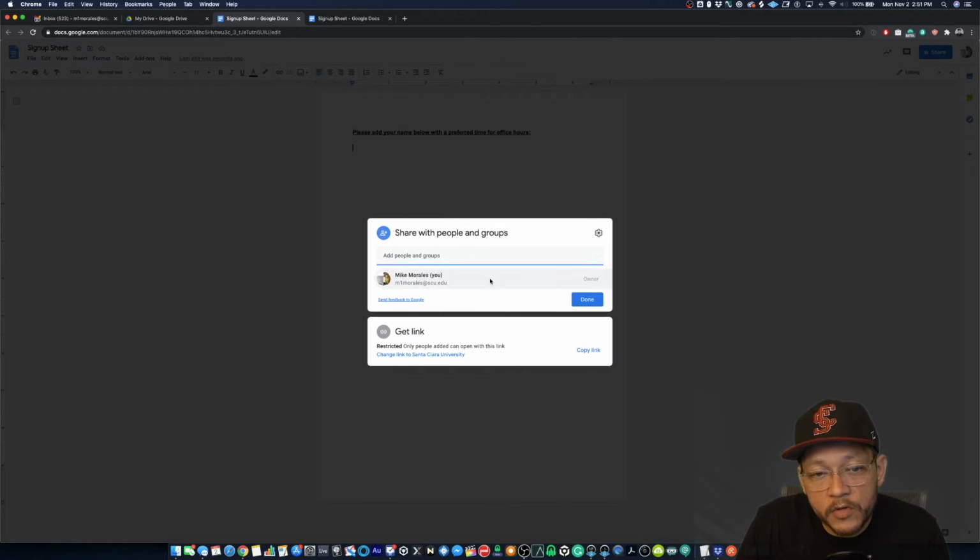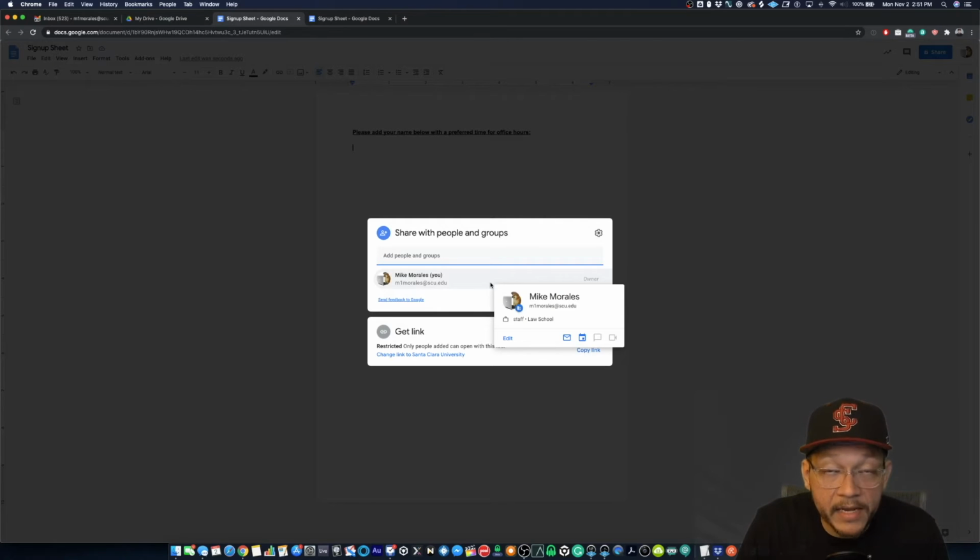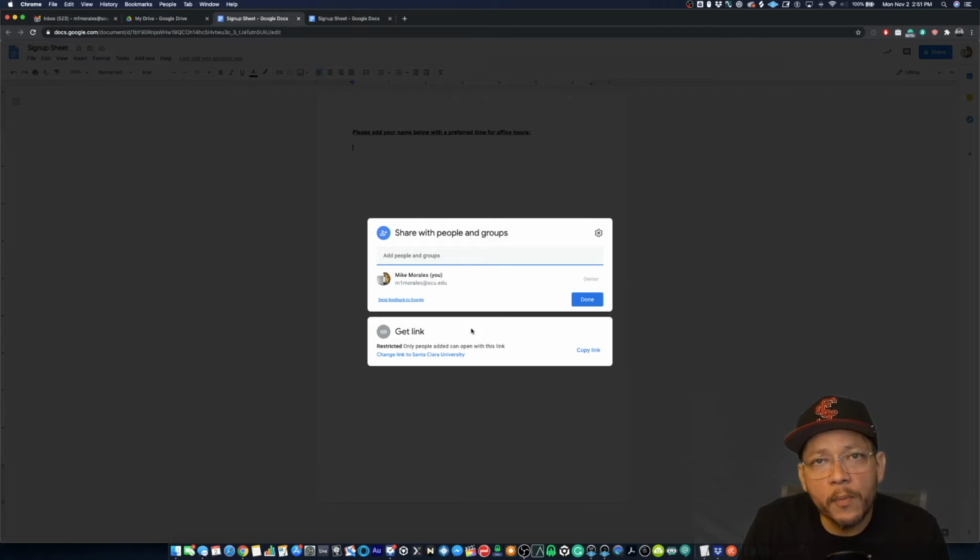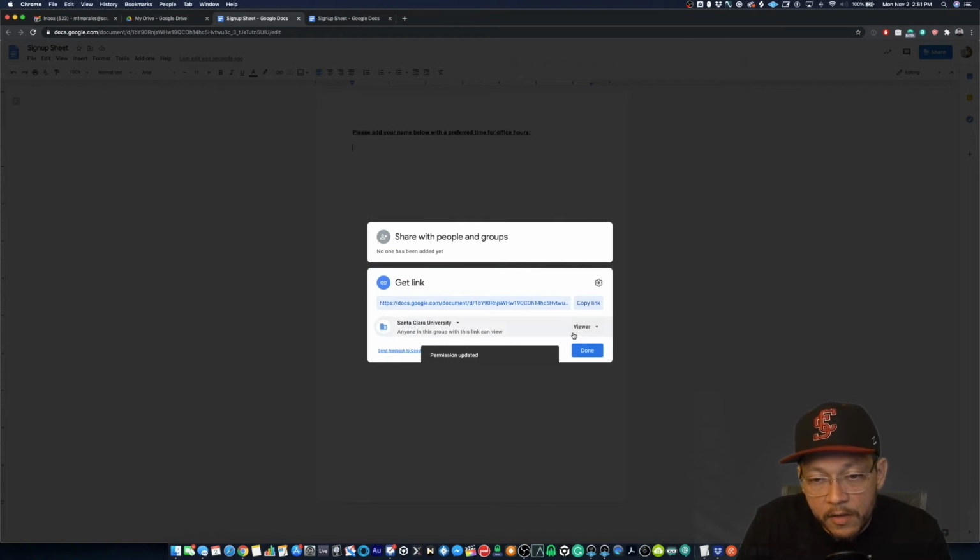But if you don't want to go through the trouble of adding a whole bunch of names and just share a link out, or maybe you want to post a link somewhere like your Camino page, you could create a link here. So before we copy the link that would relate to this document, we want to click to change the link to Santa Clara University. So from here,